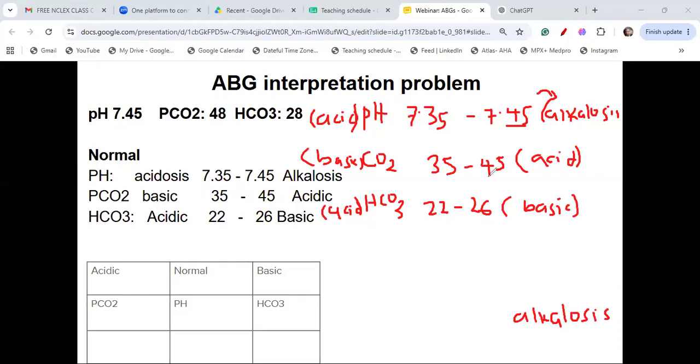Our PCO2 is 48. 48 is more than 45, which is acidic, but we want something that is alkalotic or basic. So our CO2 does not match our pH. So that's not the problem. And then you have the bicarbonates, 28. 28 is more than 26, it's more of basic. So it is matching our pH. So we have metabolic